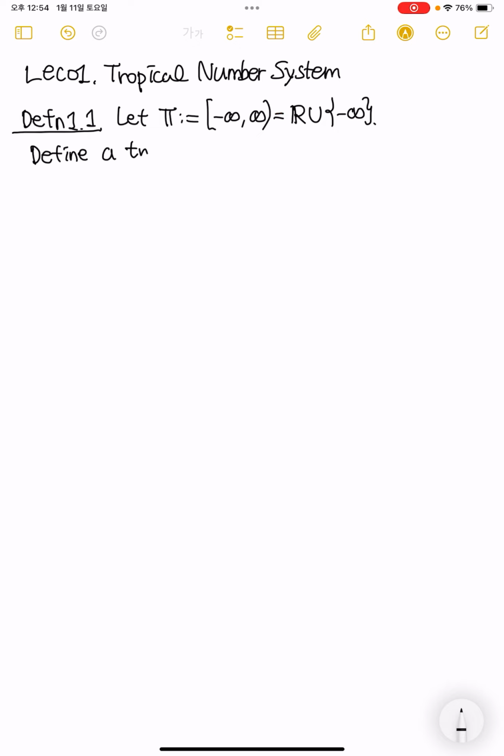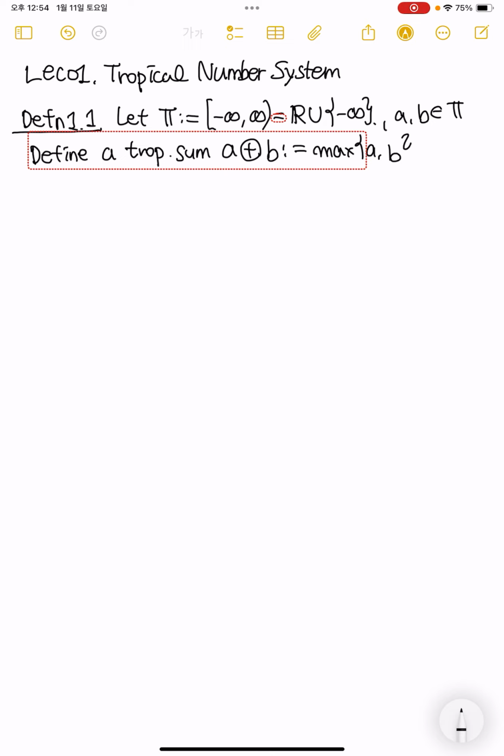So let T be defined by the extended real number valued system, which means R union minus infinity, and define a tropical sum. For A, B in T, the tropical sum is defined by the maximum between the two numbers,